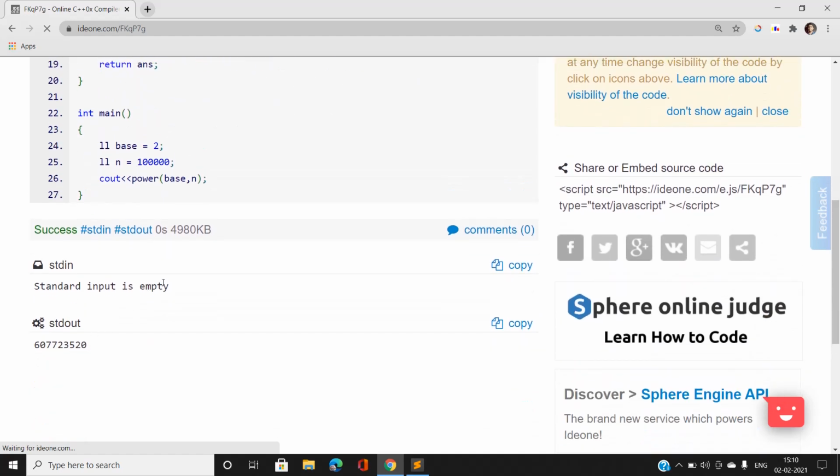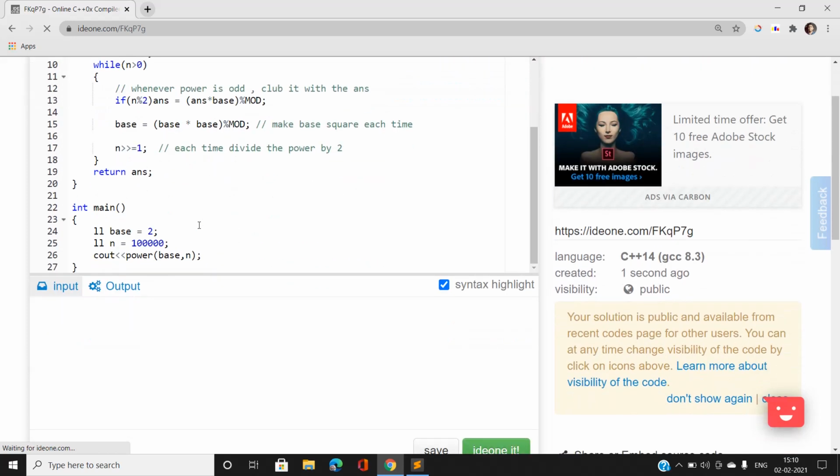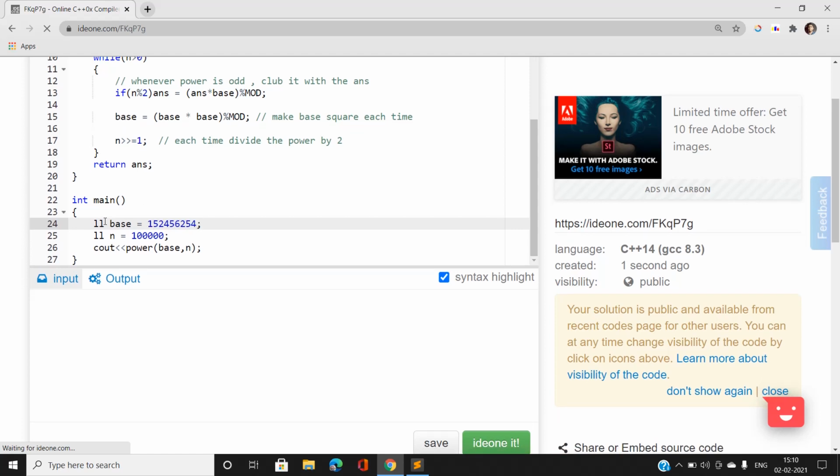And there is also one more modification. Suppose we have to calculate around 1 5 any random variable, okay. Note that I have taken ll because in the integer data type there might be some overflow chance, so I am going to take ll, which is a very long data type. So suppose we have to calculate this one and this one.